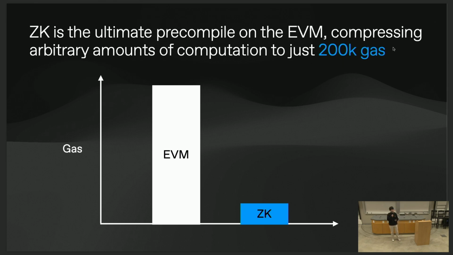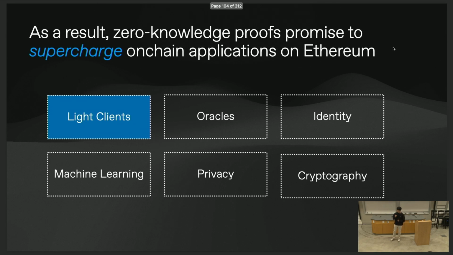The main way we've seen this property being utilized is through the proliferation of ZK rollups, such as Starkware. But there's another class of applications, in my opinion, that are pretty interesting to explore. In particular, these are applications of ZK that augment existing state transition machines on Ethereum. In the past year, we've seen a growth in these applications on chains such as Ethereum and existing rollups. In the case of Succinct, we spent the past year building light clients for certain ecosystems, such as Ethereum, Celestia, and Avail.